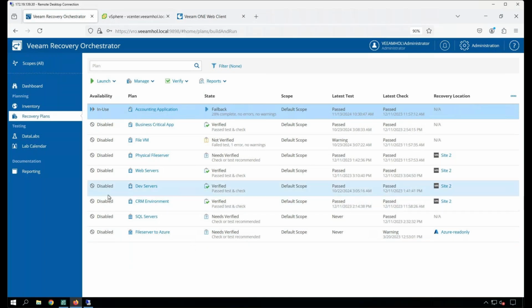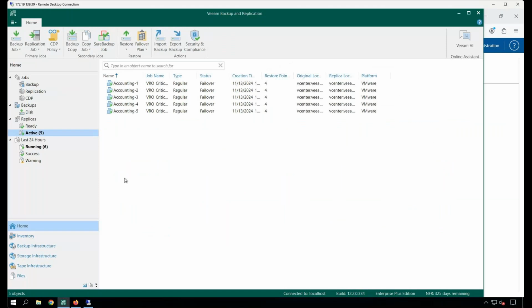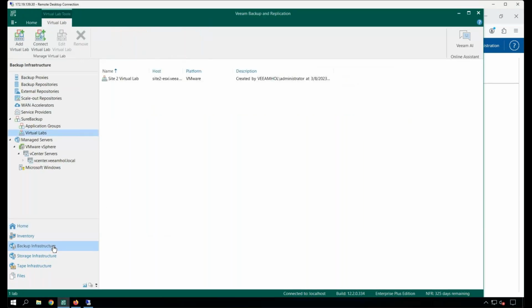So one thing I want to point out here with data labs. Now, with data labs, it uses a fundamental component from Veeam Backup and Replication. If I come back here, we'll go to the backup infrastructure. We'll take a look at virtual labs, and we actually build a virtual lab in here. At a high level, a virtual lab essentially is a Linux appliance that acts as a lab router, firewall between the